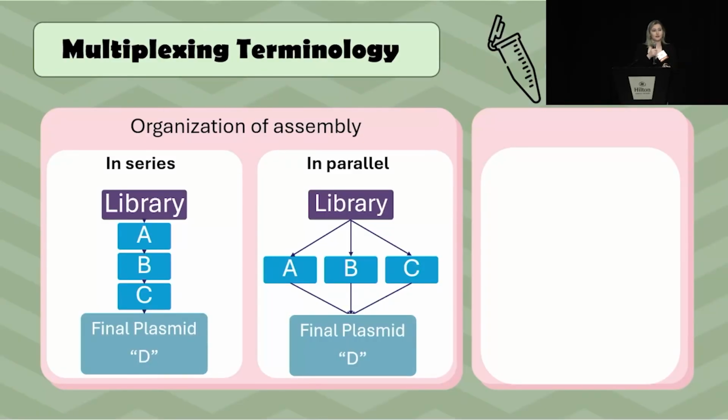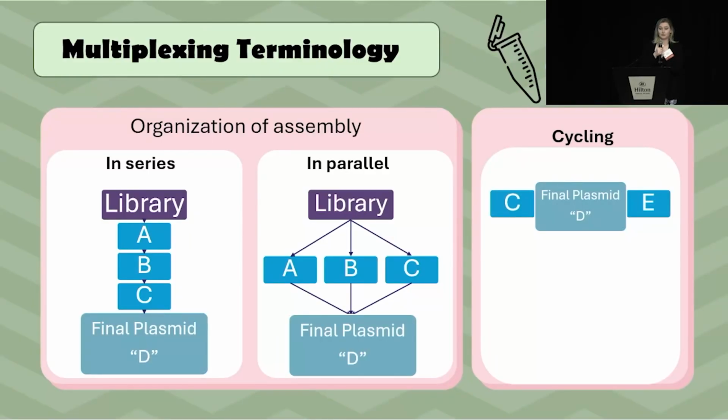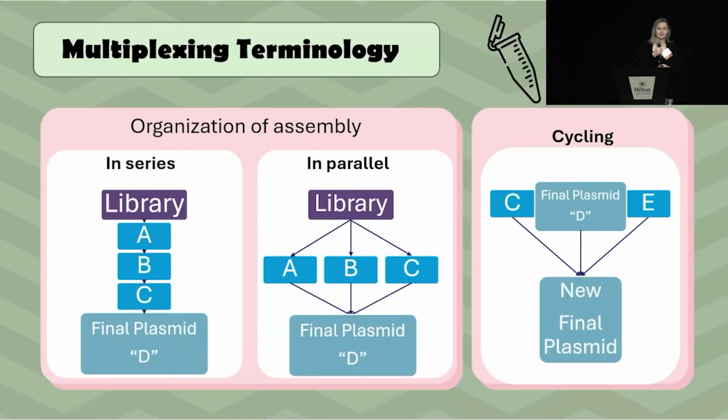When comparing Golden Gate platforms, it's also important to decide if you care about having cycling. This means that if you have your final plasmid and you determine that you don't actually want it to be your final plasmid, are you able to add more elements, or did you clone yourself into a dead end? If you're able to add more elements, this means that the system is compatible with cycling, and that you can keep recloning and cloning